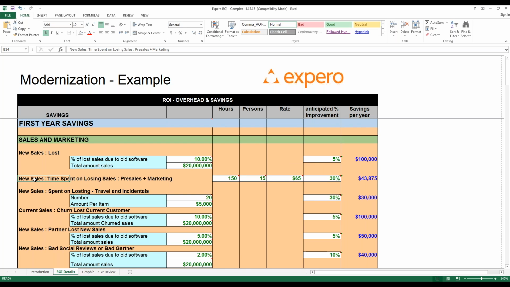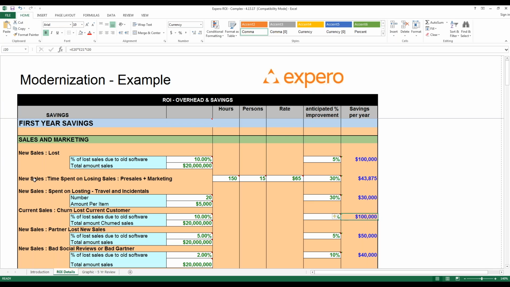What you're now realizing is that what I'm doing is trying to tabulate those different categories we walked through. In this case, if I tried to win sales and I actually lost them, there's a hard cost for my sales and marketing team where they had to travel, had to do some marketing, etc. And so I'm simply categorizing what those revenues look like.